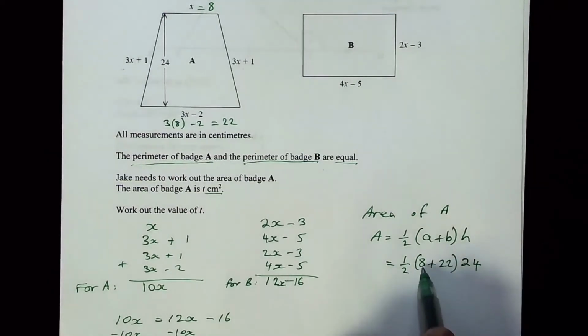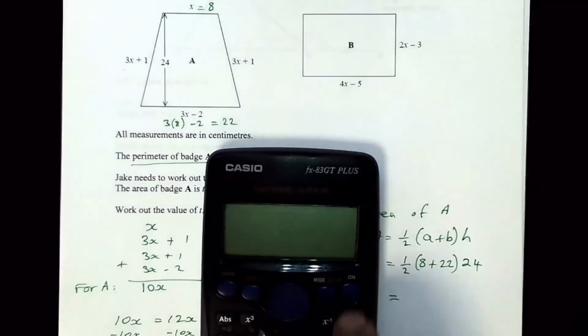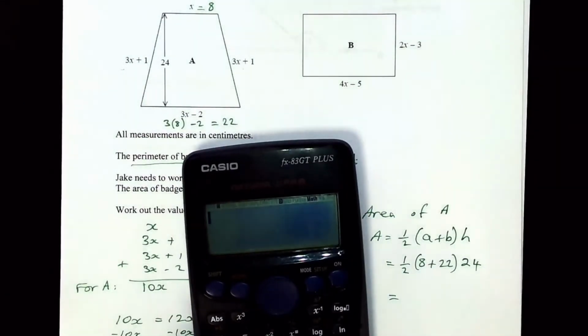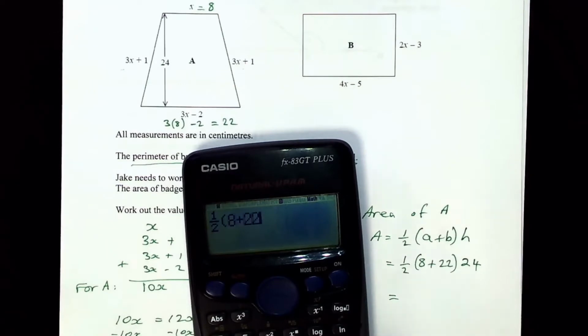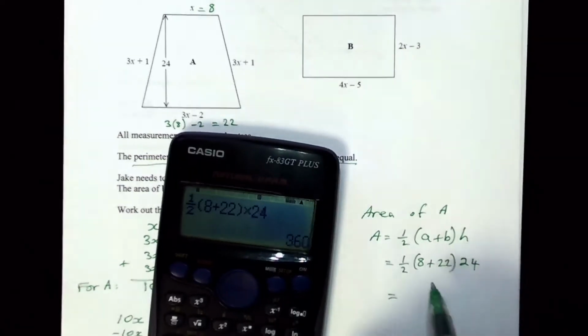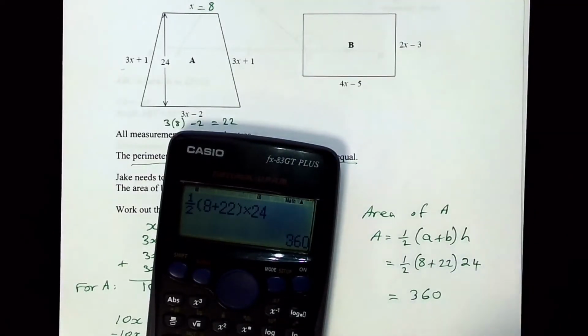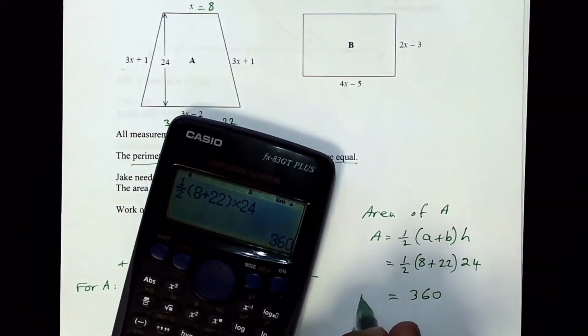Again I'm going to use the calculator for this: half times (8 plus 22) times 24, and I get the answer as 360. So that's the area